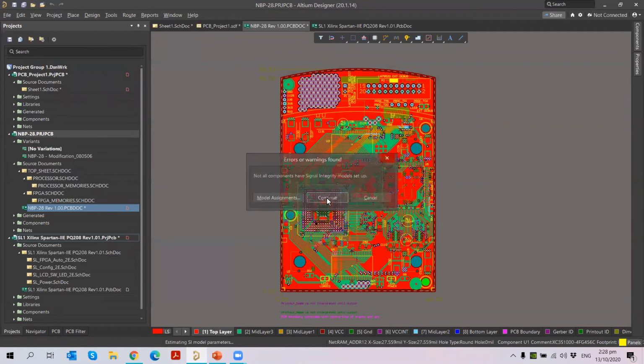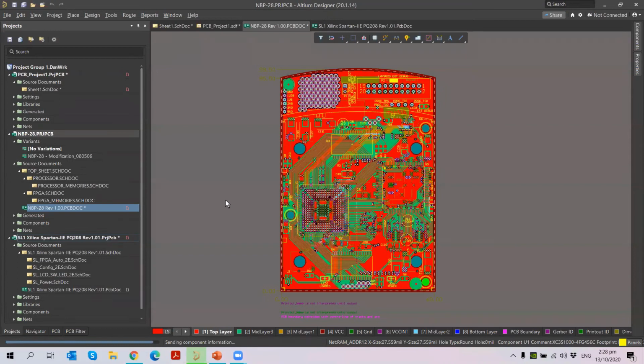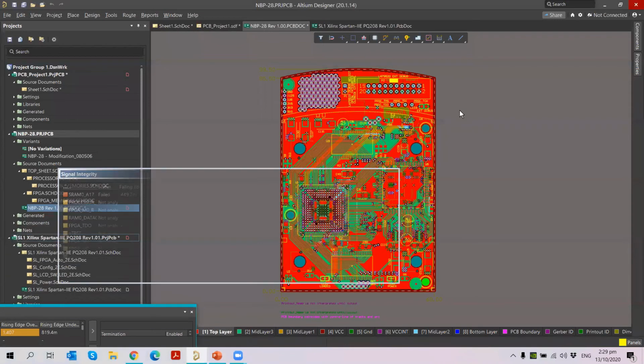Let me continue. I don't want all the components to be models. Once you do that, you can see in the status bar it is running here. It is doing the analysis for me, and then it will open the dialog box of the signal integrity analysis to show how it has been analyzed for my PCB board. And then it shows what are all analyzed, which nets passed, and which nets failed for this board. All the information I can see. So now it is going to open for me. Yeah, finished here. Let me just open it.